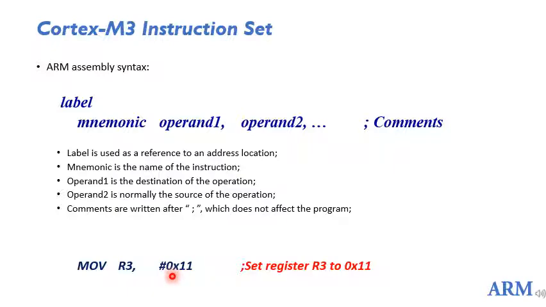Here what is called immediate data. Immediate data is always preceded by the hash symbol. Whatever follows the hash symbol is immediate data or a constant value. So the immediate data value is 0x11. Always we will be specifying the data in terms of hex numbers. So the representation should always follow this, that is 0x, and then the value 11. And the semicolon, whatever follows the semicolon here is the comment. So what I am saying is set the register R3 to 0x11.